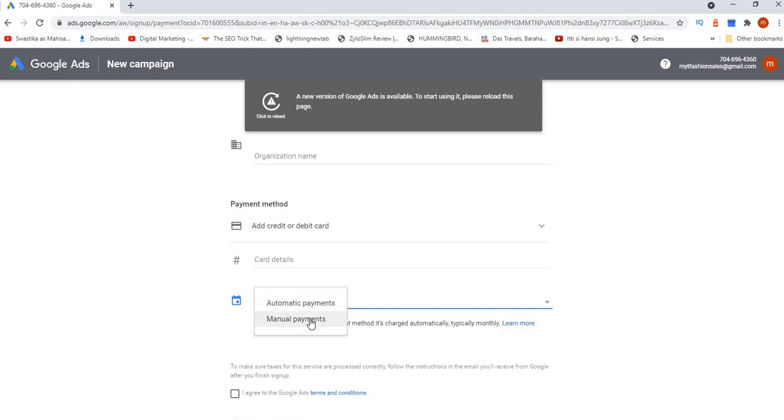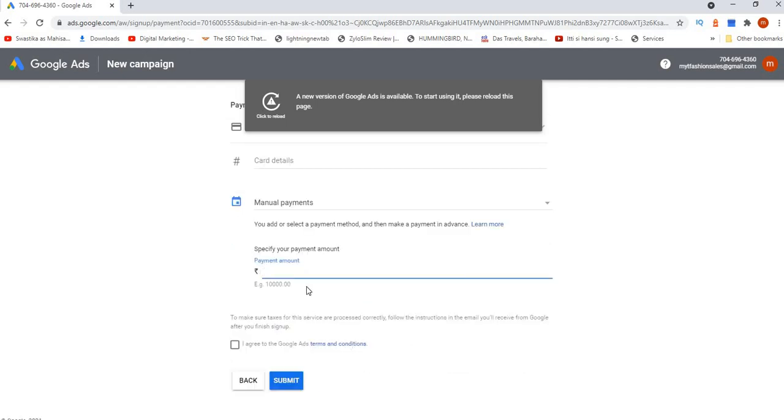In the payment section, always select manual payments. Say rupees 2000 you are submitting. You agree with this and submit.